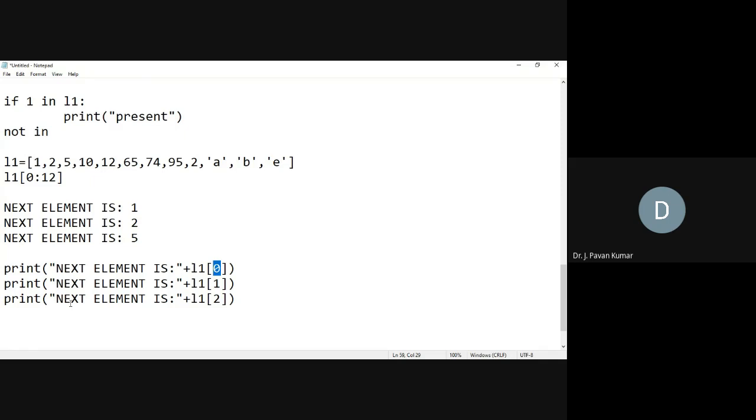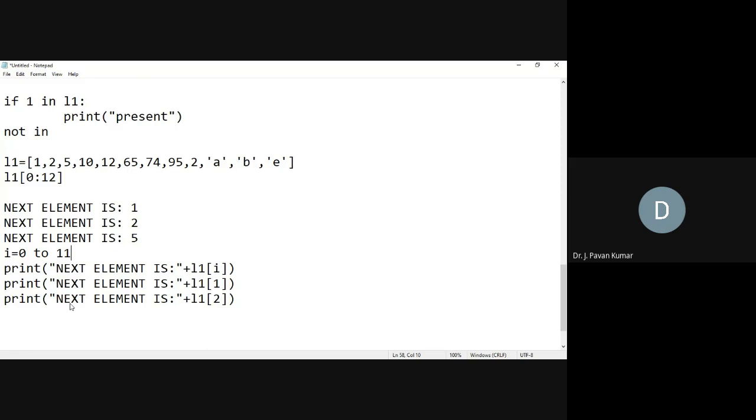Let us give some name to the index, say I. Then the I value should start from 0 up to 11. Every time we are changing the I value as I plus 1.